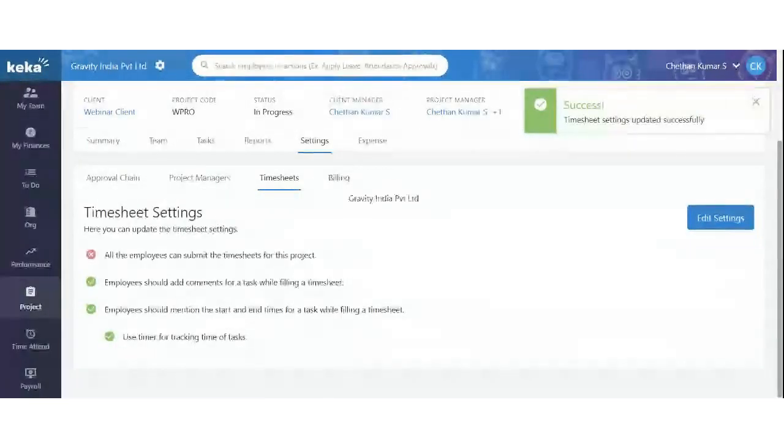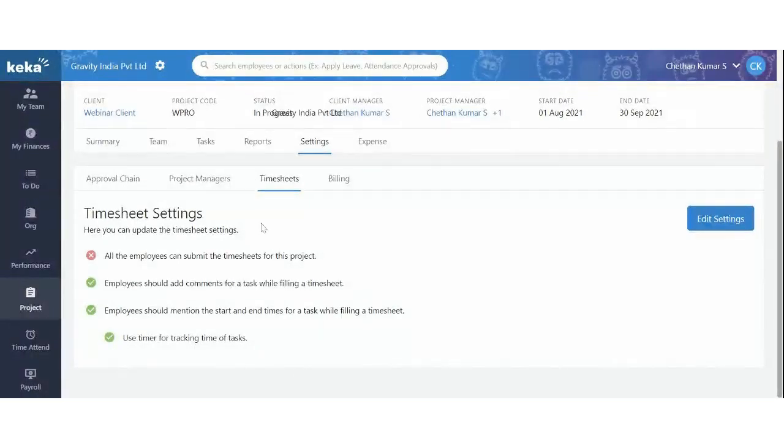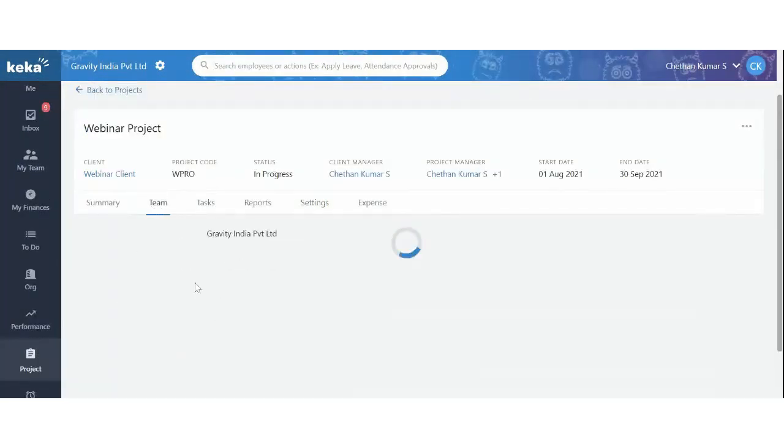Okay, so I'll just stop sharing my screen. I'll share the other screen where I logged in as an employee, as this resource which is allotted here. So let me just share that screen.